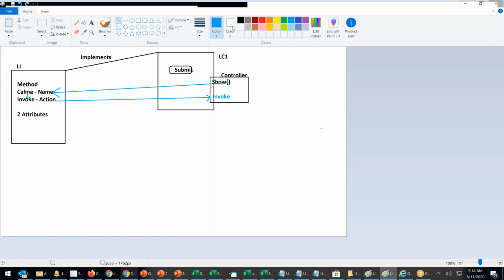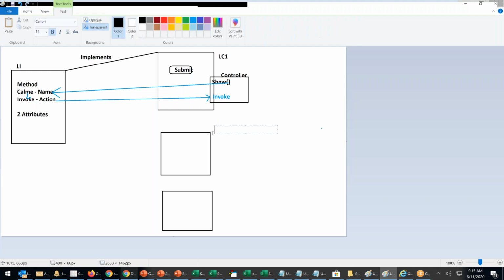Now, what I'm trying to do in the second one, let me try to explain. First, simple, then there are two more components I'm taking: LC2, LC3.